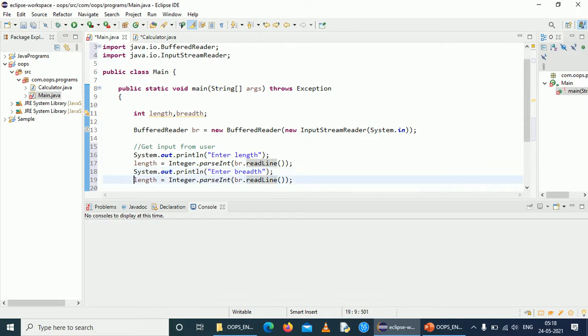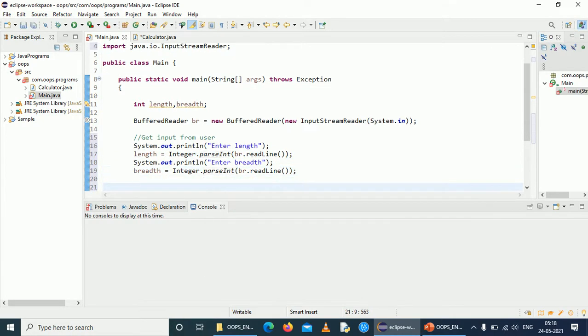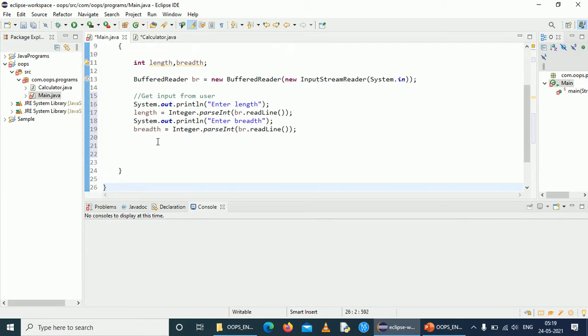And this will prompt the user to enter the breadth value, and this will receive the breadth value and save it in the variable named breadth. Now we have got all the values required.